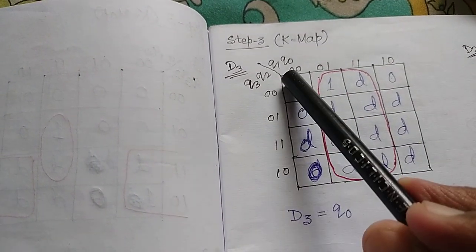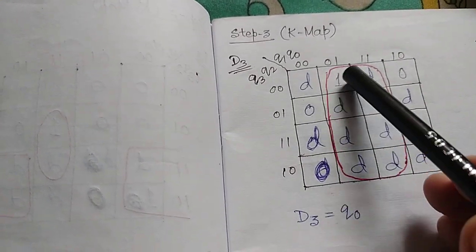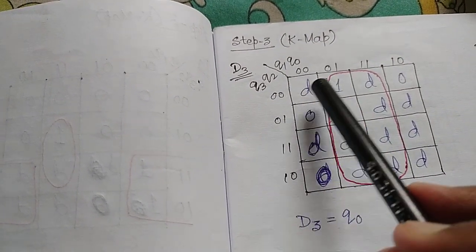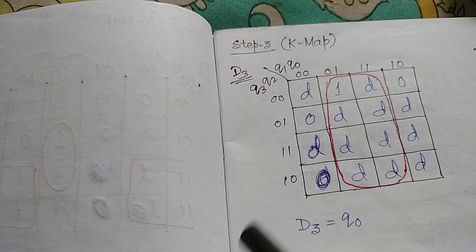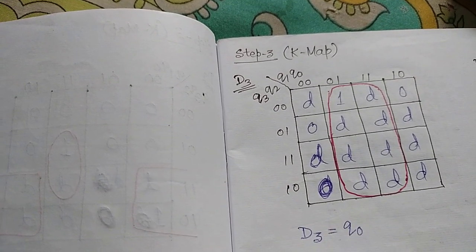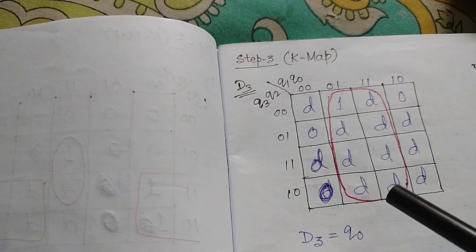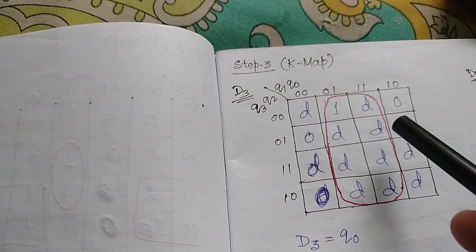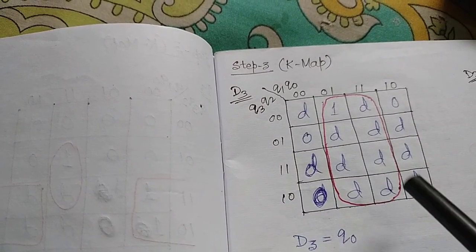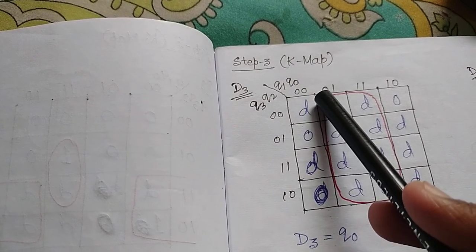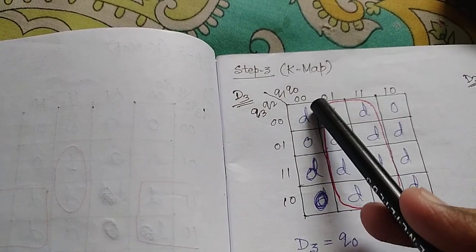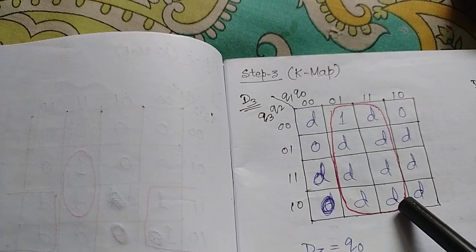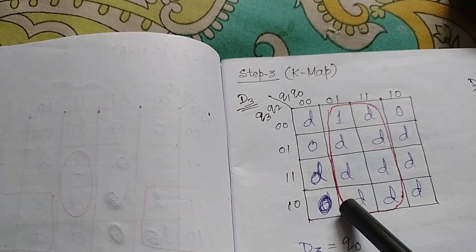After all the values have been put in the D3 K-map, you can see only one single 1 is present and all others are filled with either D or 0. So in pairing you have to choose the 1, and with that you have to choose the don't cares, with the maximum number of don't cares to be put. We may put 2, we may put 4, but in this pairing we have used 8